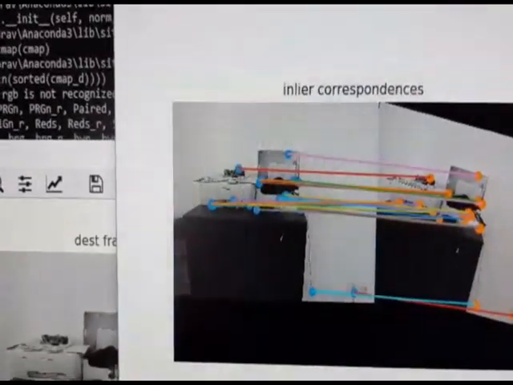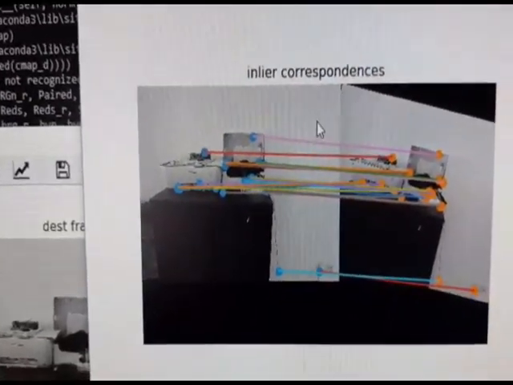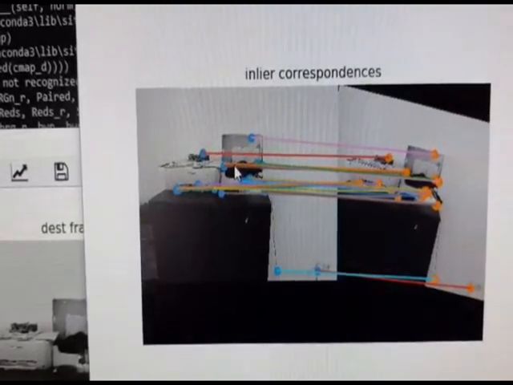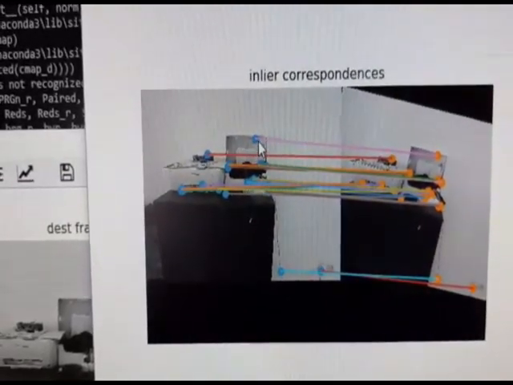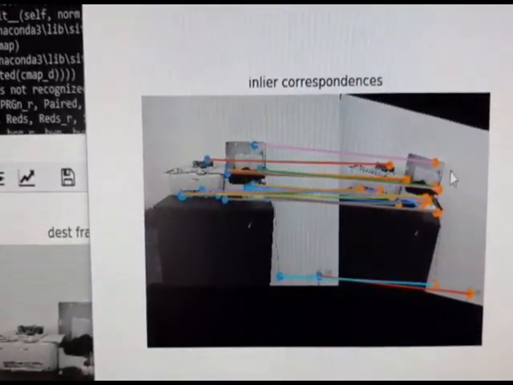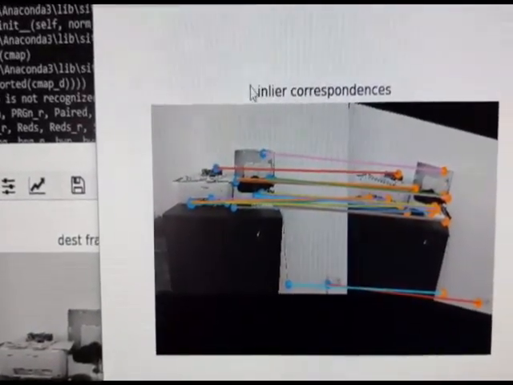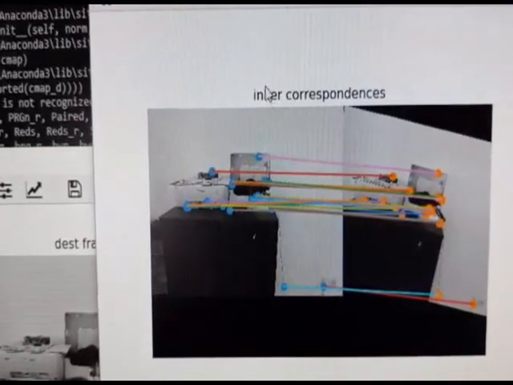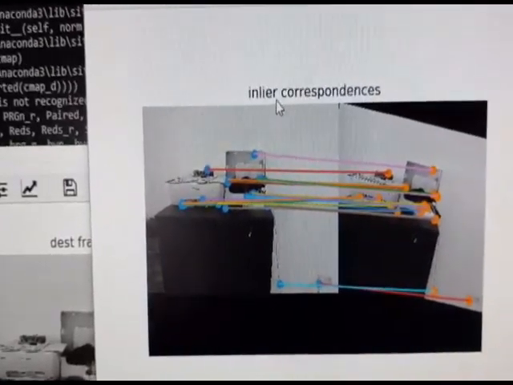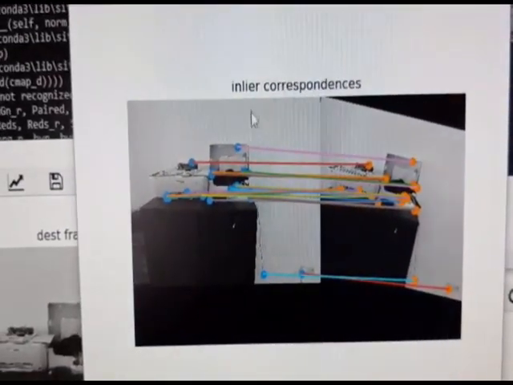So for example here, these are some corners. For example, this one corresponds now to this one. So you see, it's quite good. So these are inlier correspondences. I know the algorithm. I use some algorithm which can find a lot of correspondences, but